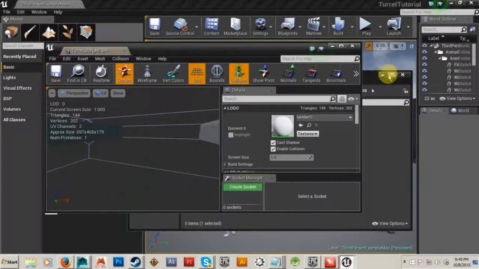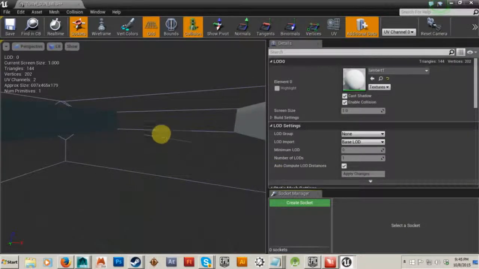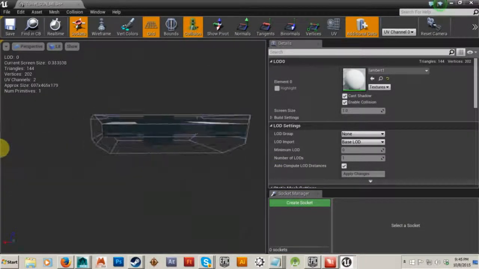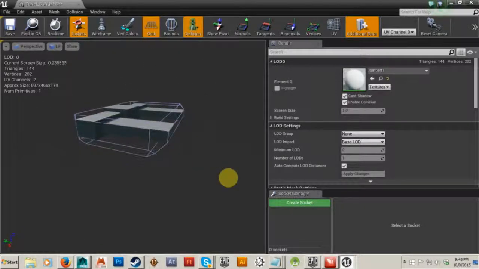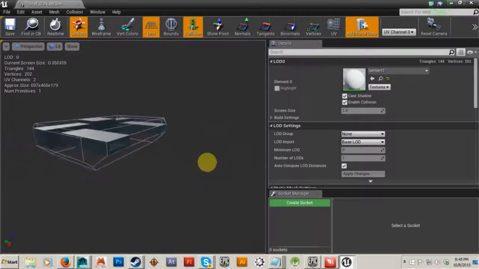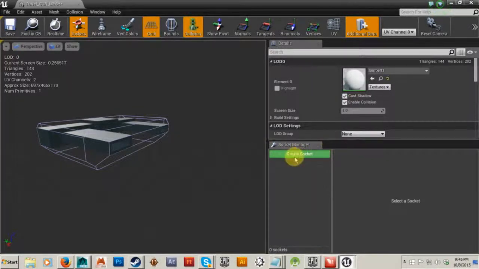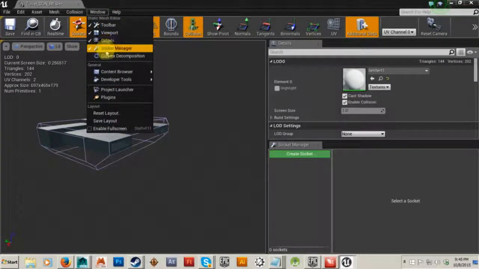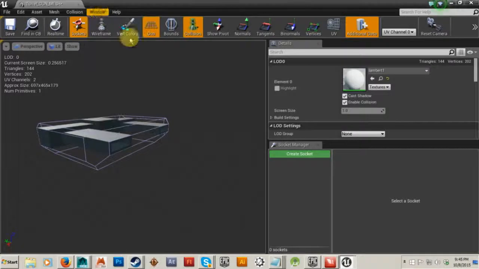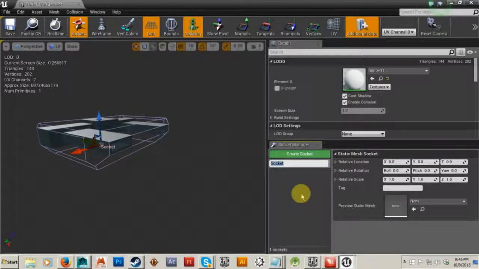Okay, so the gun, this is where we will actually be doing some work. So we've got our gun here, and what we want are obviously the bullets to shoot out of the barrels. So in order to do that, go down to our socket manager down here. If you don't see this, you can go ahead and click window and click socket manager there, and that'll pull it up. Create socket, barrel underscore, let's do gun underscore 1,